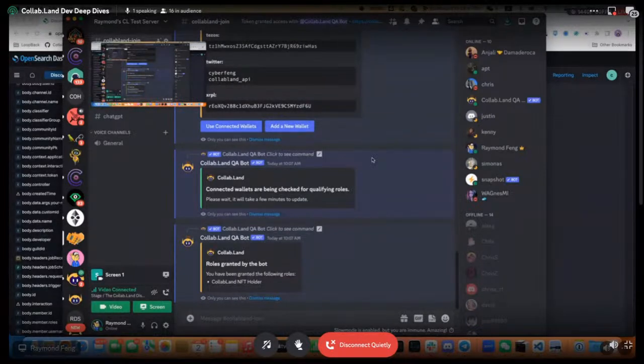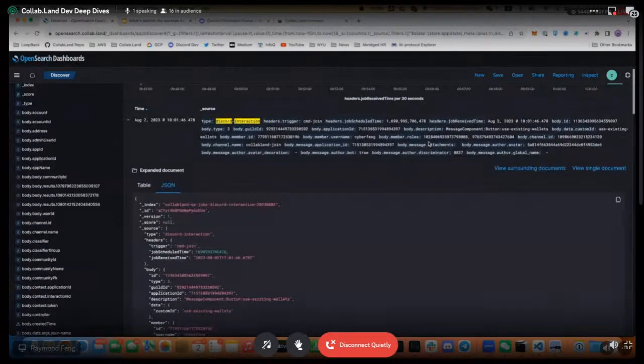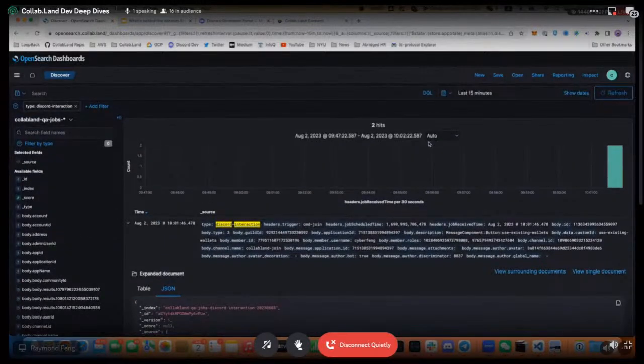But toward the end, you tell Collab.Land which wallet you want to use for yourself, and we're going to use as many wallets as possible from your registration with Collab.Land, and that applies to multiple communities. In the community context, we know which community you are in, which user ID you have, and we also figure out what wallet you have, and we look up the information from that tokenized community to see what roles we have to